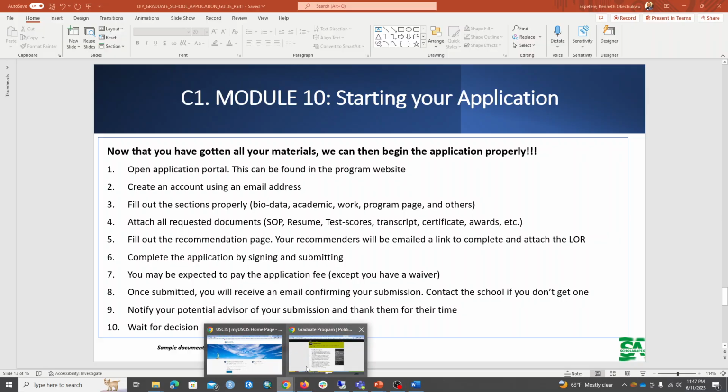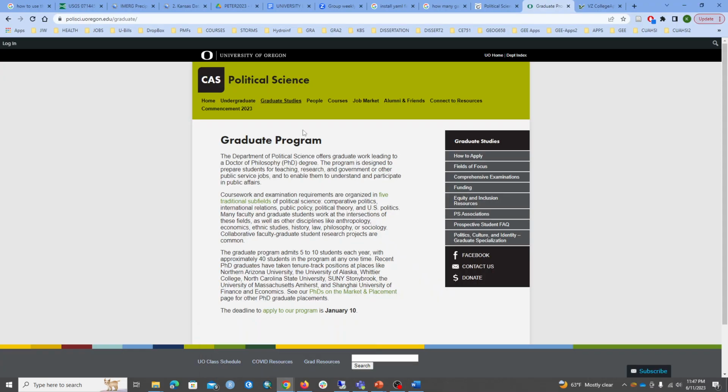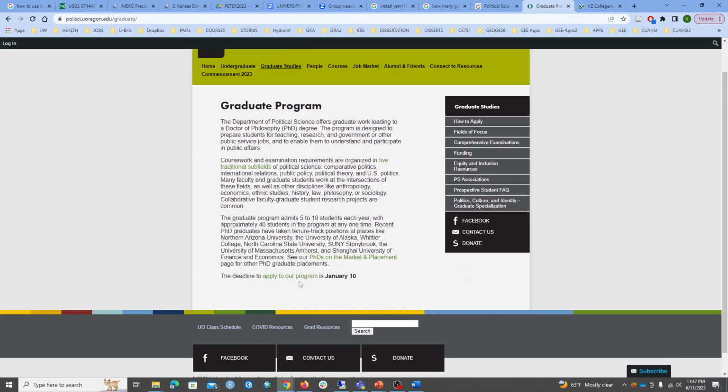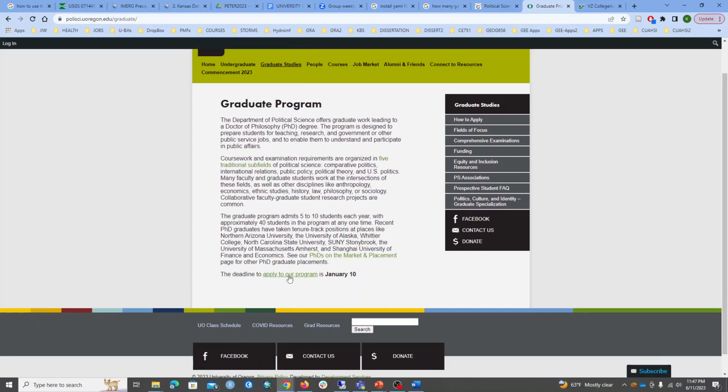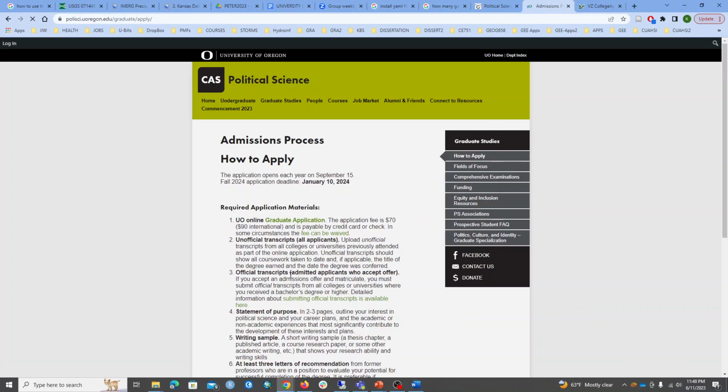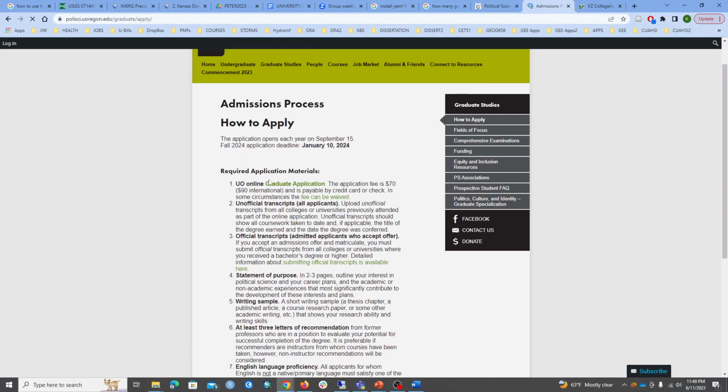So we're going to begin by looking at the same political science department, University of Oregon, and we've looked at this page in the past. So we're going to look at the apply to guide to our program. So you hit the apply, and then it talks about this document, and these are some of the documents to talk about, like the application fee,